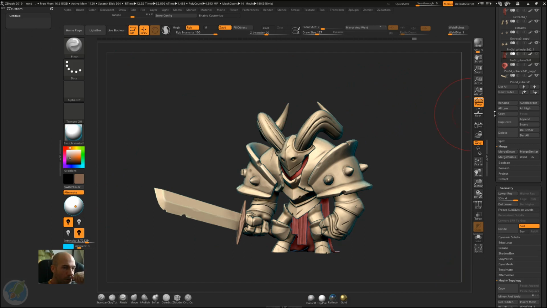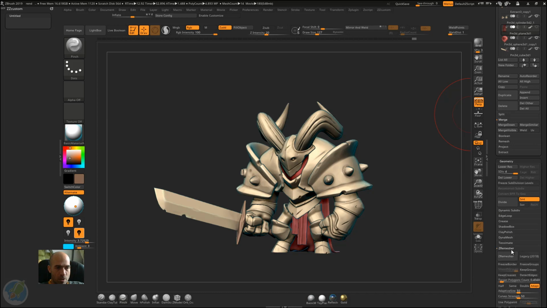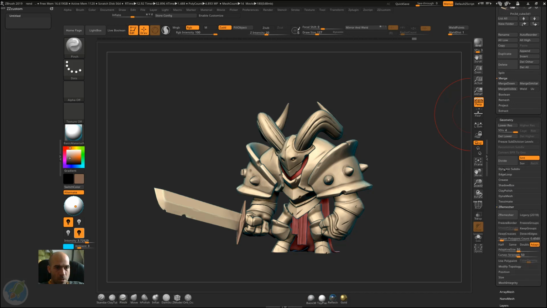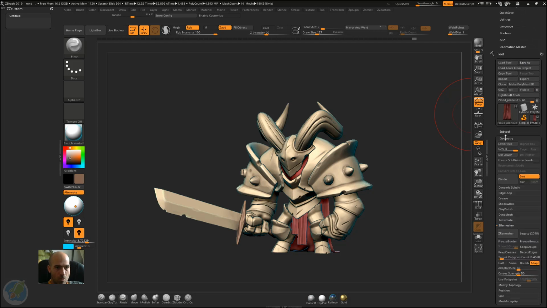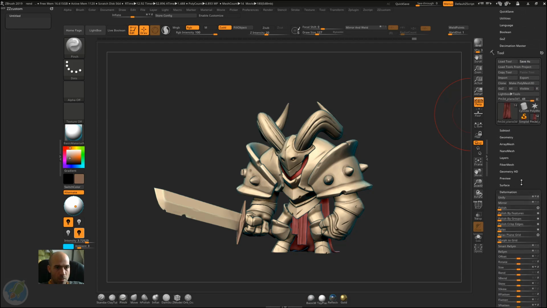Let's go to our geometry tab and find ZeroMesher. ZeroMesher is here in geometry, which is under the tool menu, tool. Let's close this, geometry, deformation. So tool, have this always open, you know. Then you have subtool, geometry and stuff. Subtool and geometry are the most important. Everything else is not that important. So geometry,